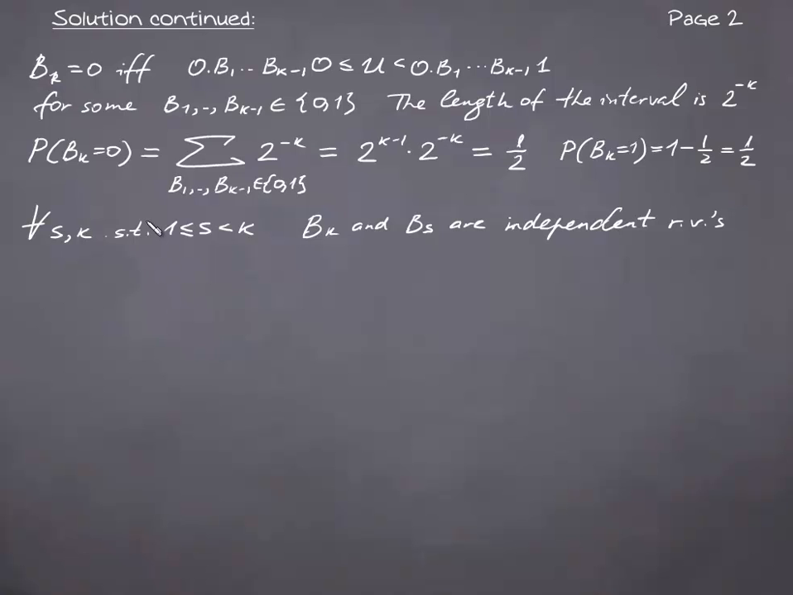Then we can prove that for every 3 digits we have independence, for every 4, and so on. For example, how can we prove that the first 2 digits, b1 and b2, are independent? To prove that, we need to show that the probability that b1 is i